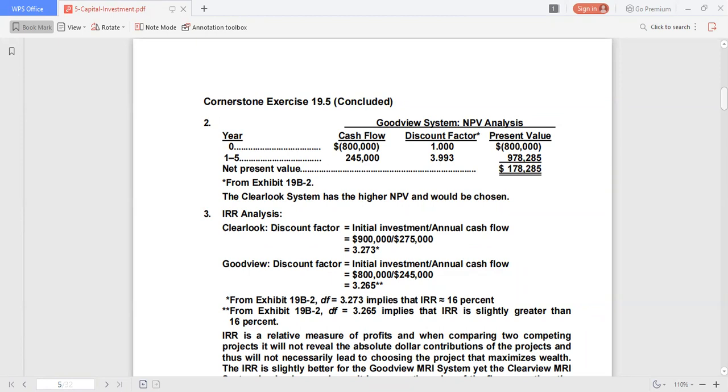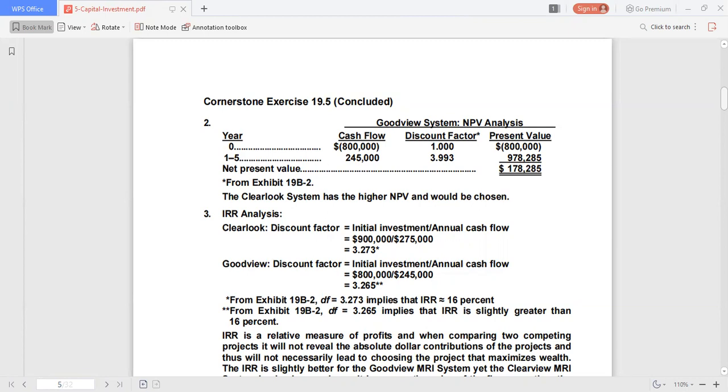So for the Clearbook, the initial investment is 900,000 and 275,000 is the annual cash inflow. The cash flow is 245,000. That's project number 3. And the discount factor, okay, they are given. And we have now your present values. So for years 1 to 5,